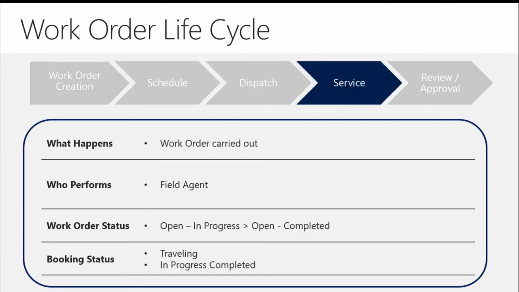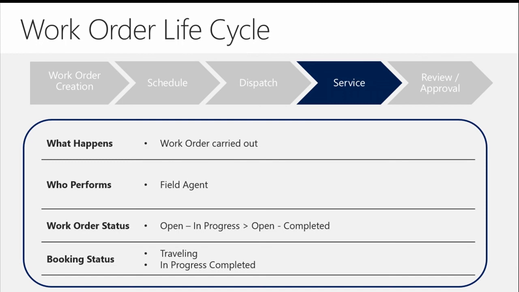And then once the technician physically arrives at the location, now they're carrying out that work order. And that's typically done by a field service agent, and that's typically going to be done through the mobile application. Now, as they go through and they work on that work order, the status might change. It might change to in progress when they arrive. Now they're working through the mobile application. They're checking all the little boxes that define the service tasks that need to be carried out for that work